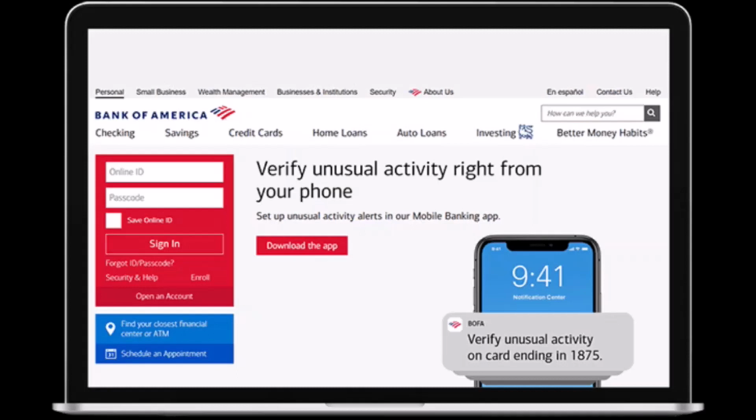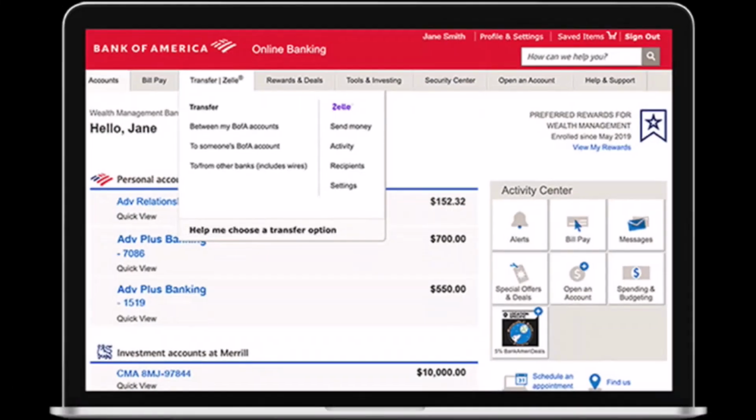So to do that, first of all, log into your Bank of America account by going to the Bank of America website. Now once you've done that, your homepage will look somewhat like this, where on the top side of the screen you can see various tabs. Tap on the third one, which is Transfer Zelle. After that, a drop down box will appear where you'll have to tap on the option to from other banks